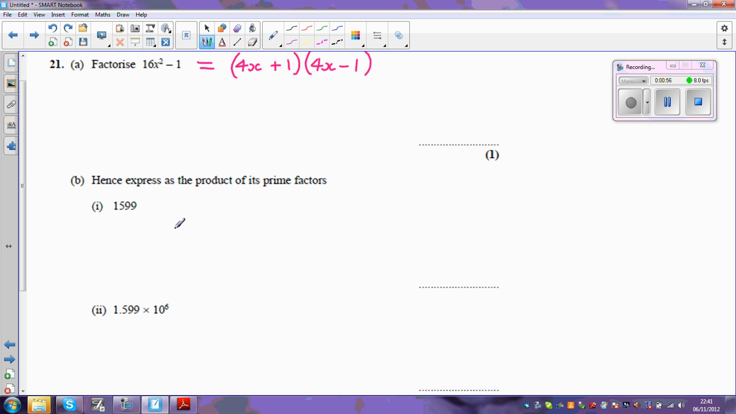Now, part A is something to do with part B, and I have to look quite carefully, I think, to realise that. Okay, so let's have a look. We've got 1,599. What on earth has that got to do with this? Well, I realised that actually